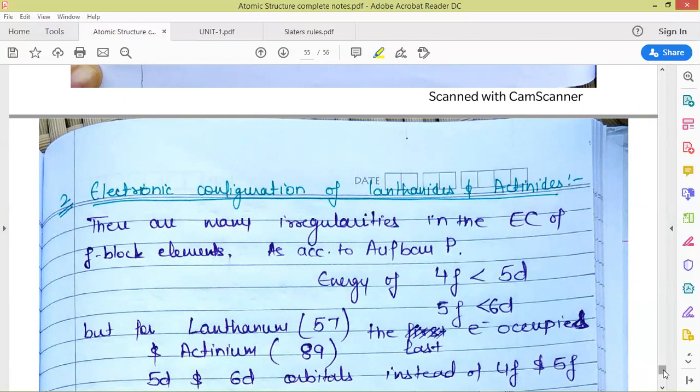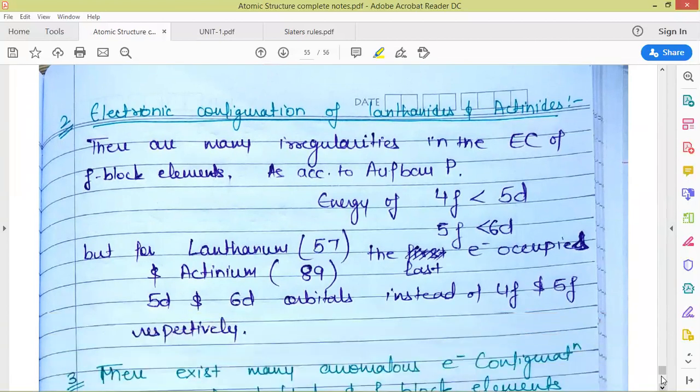Next is the electronic configuration of lanthanides and actinides. There are many irregularities in the electronic configurations of S-block elements. These we are not discussing here. The electronic configuration of S-block elements, as far as your syllabus is concerned, is not in your syllabus, but